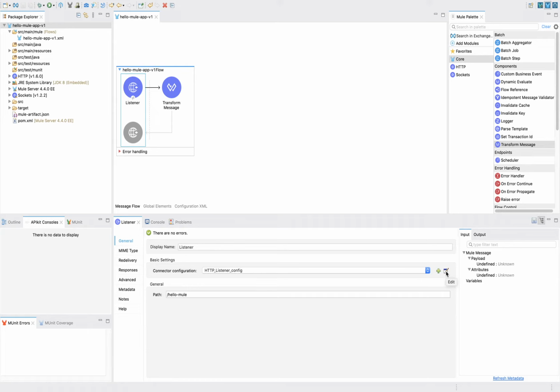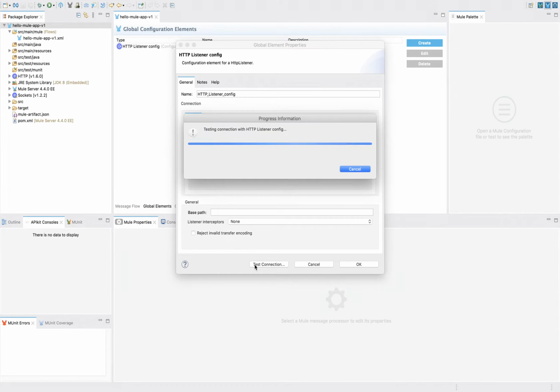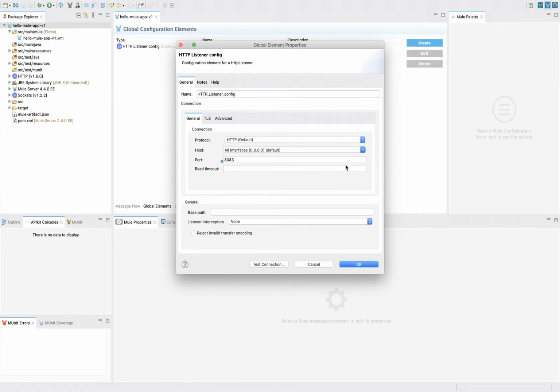Where were you testing, in your local or in Cloud Hub? In local only? Okay, local will support any port. There is no such restriction. Okay, thank you, Ravi. So I used 8083. Local will support. But when you go for deployment on Cloud Hub, then you will be restricted to 8081, 8082, 9091, 9092. Apart from that, you will not be able to use any port.